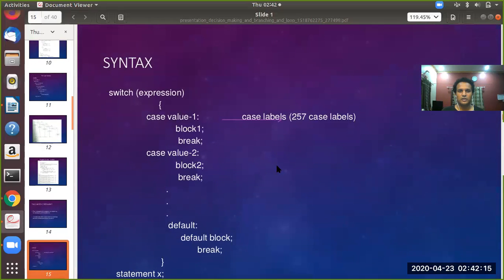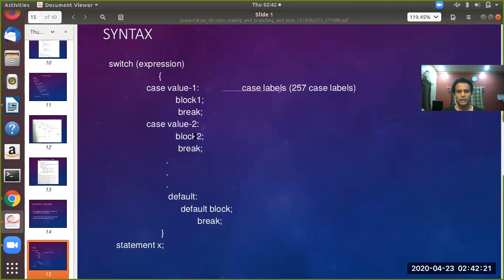Switch case: when multiple conditions are to be checked, switch is the ideal one. It takes an expression, and the expression value will be passed on to the different cases. The case matching the value will be executed. A case has a colon, and after the colon a block of code, which can have more than one line.